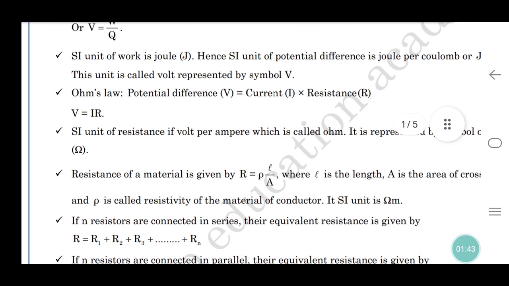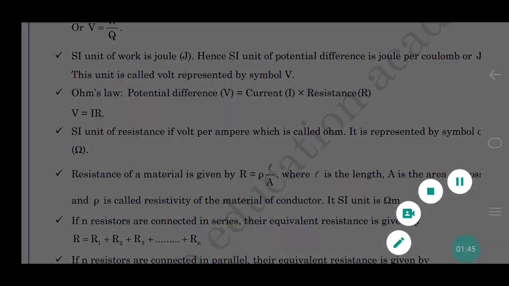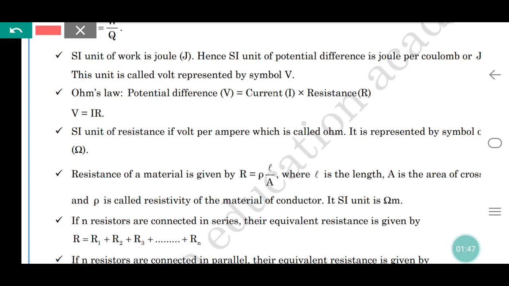Next one is very important, Ohm's law. Ohm's law means V is equal to IR. Here I means current, R means resistance and V means voltage. V is equal to IR. So the unit of resistance is